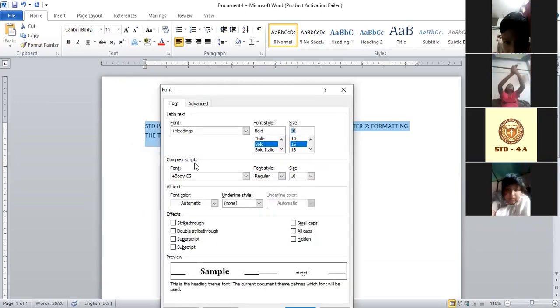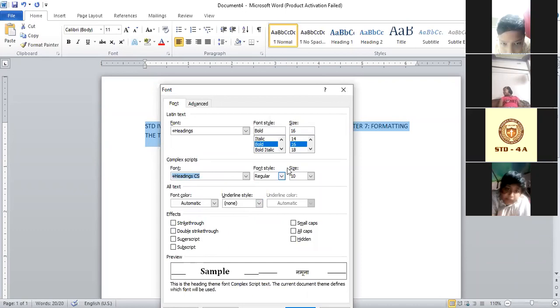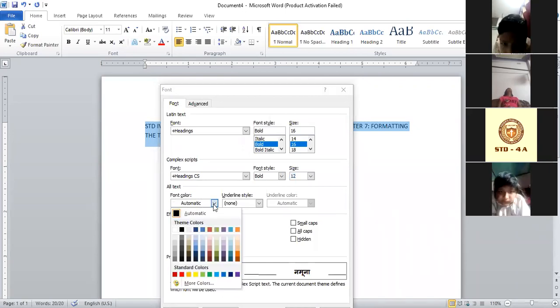Now the complex script. So here I want heading CS, style bold, and let it be here. Now I want to color the text.